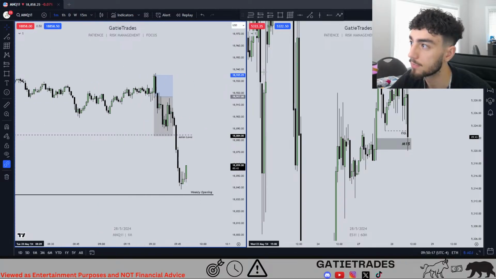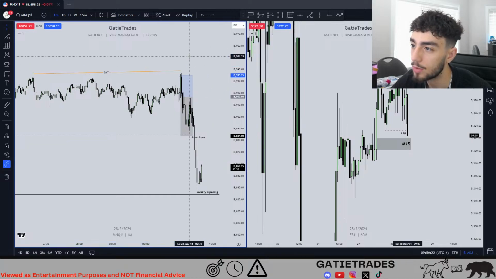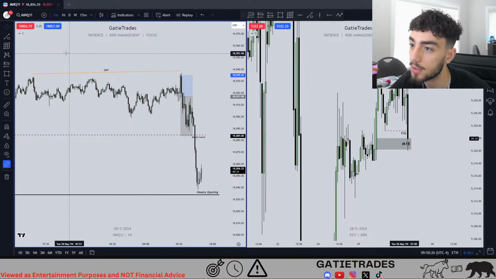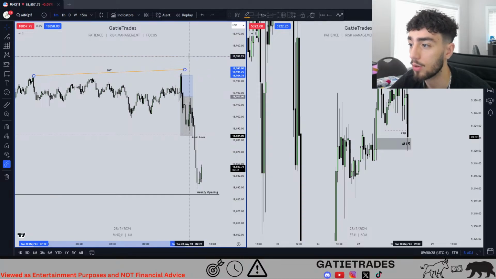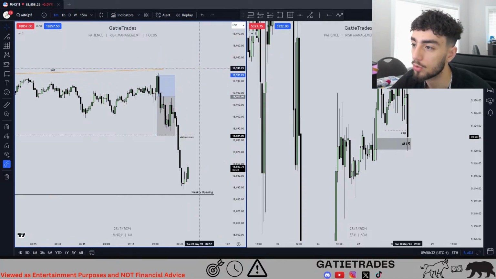This trade was very obvious, in my opinion. Well, actually, it's not that obvious because it didn't really give you a fair value gap entry. You had to see the breaker right there. If you didn't see the breaker, I don't know how someone would have gotten in on this. Because you could have used this order block.